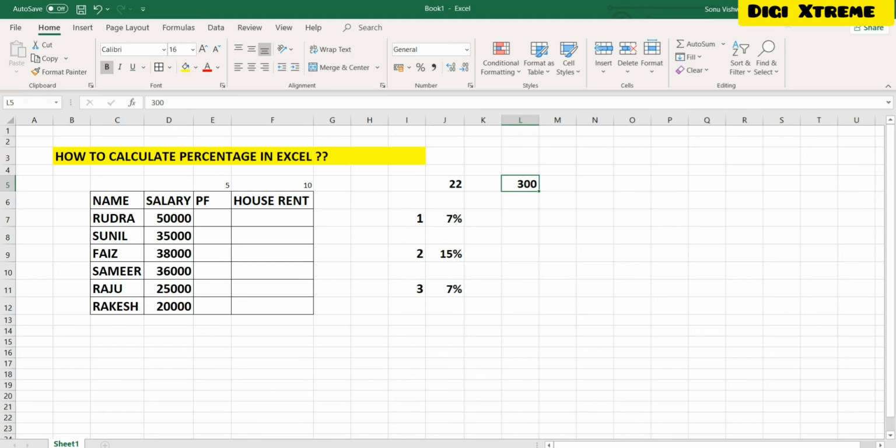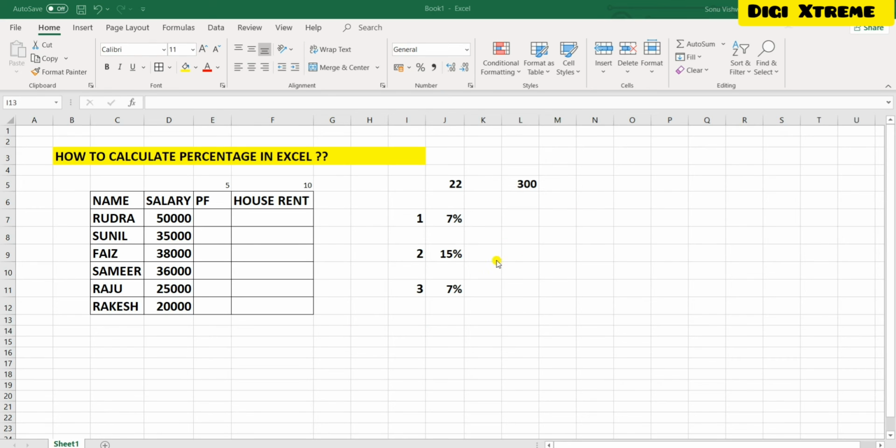All right. Always remember this, and this is the very easiest way, like I showed you. First click on percentage and simply divide with this. Just click on the cell, it will give you the data with the percentage. All right.